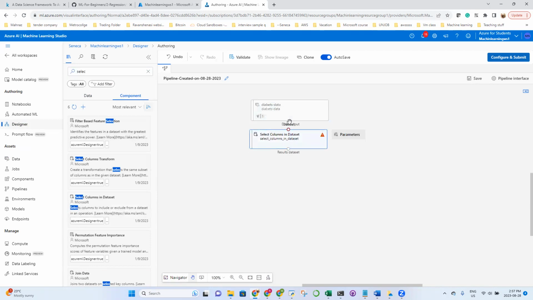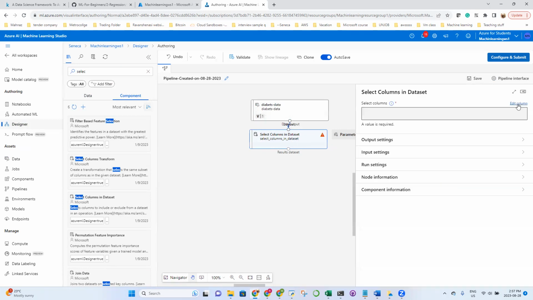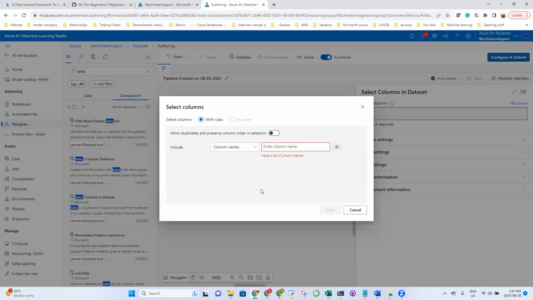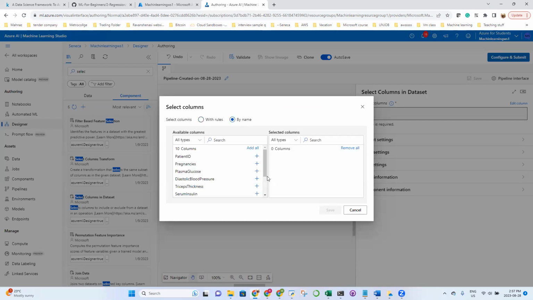Drag and drop it here, then connect the input, our diabetes data, to the select columns in dataset. We do the edit column here. We want to make sure that we have a choice to select by name. We select everything here on our